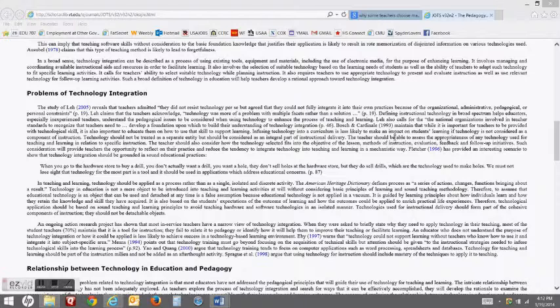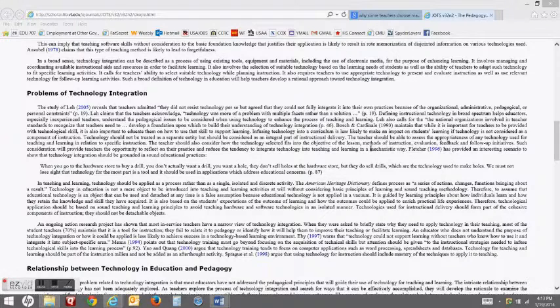Infusing technology into curriculum is less likely to make an impact on students' learning if technology is not considered as a component of instruction. Technology should not be treated as a separate entity, but be considered as an integral part of instructional delivery. Thus, teachers should be able to assess the appropriateness of technology used for teaching and learning in relation to specific instructions.